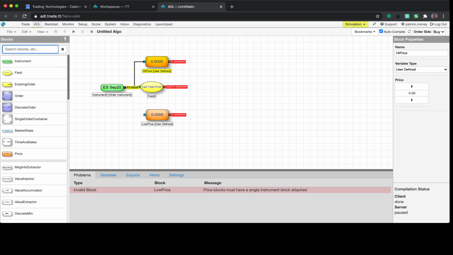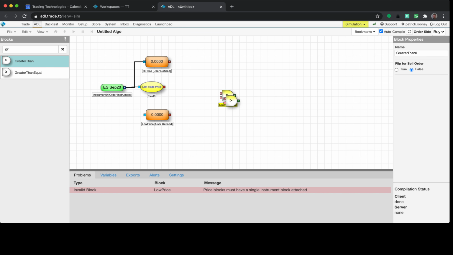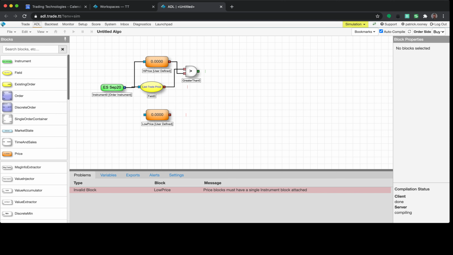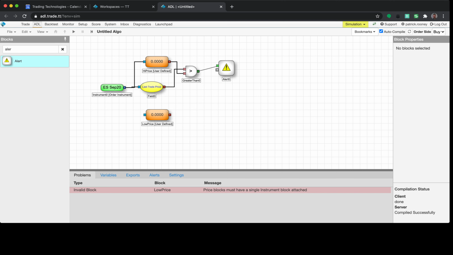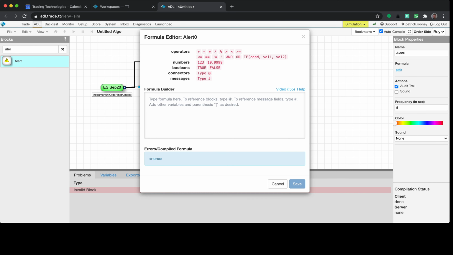So I can type in GR, get to the greater than block, drop it in. I got two of them, I only have one. So now if LTP is greater than my high price, I'm going to want to set an alert. So if we get the alert block, this triggers it, just like that. Edit. So what I want this message to say, the alert block is going to fire off a message to my audit trail, and it's also going to put an audible alert. What I want that message in my audit trail to say, I want it to name the instrument, so I'm going to type instrument. So whatever the instrument happens to be, I'm going to say